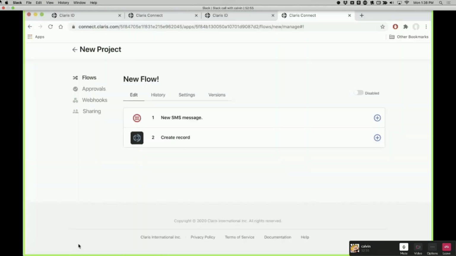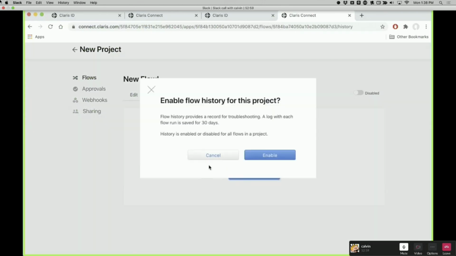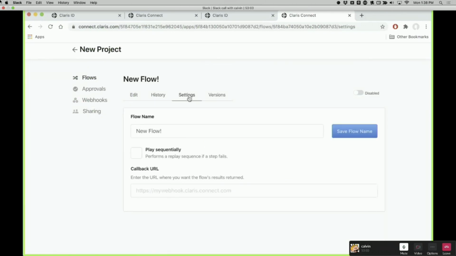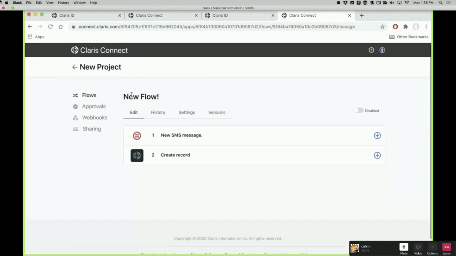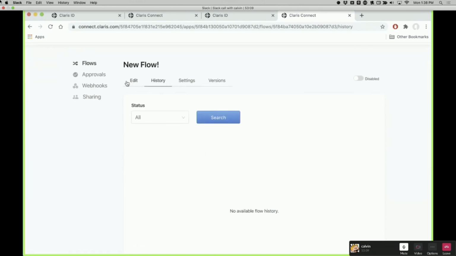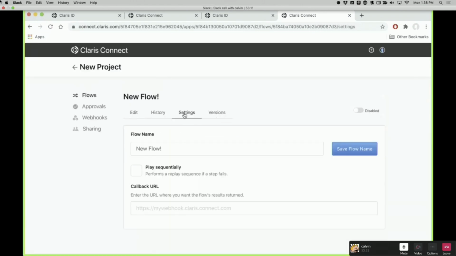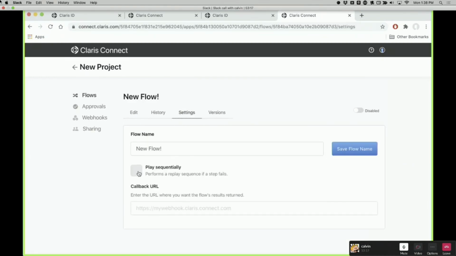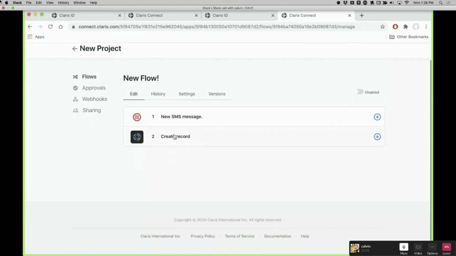So let's go back to Claris Connect and see the history here. We'll enable the history. Was it enabled or was it not enabled? No, it was not. The history was not enabled. Okay. So we'll try this again. Let's go ahead and try that again,